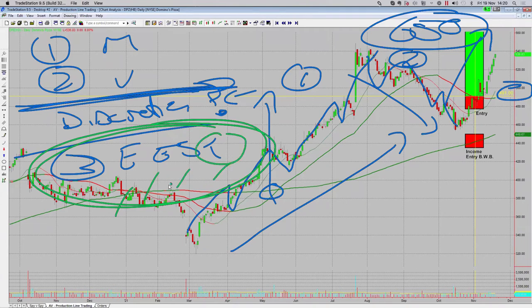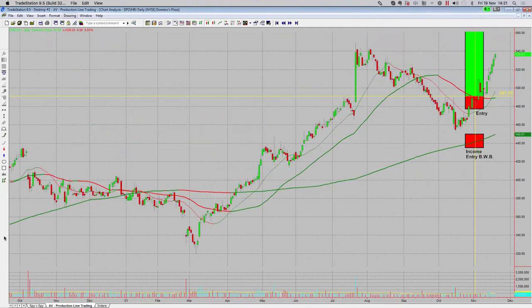I've got a huge target. I've got a wide stop loss. I've got multiple trade entries with multiple different option strategies to profit from the same trade that I'm going to place anyway. I'm going to place the trade, and just how I go about that, how I maximize the opportunity is what I'm doing. So let me just pause there. Does that kind of influence? I'm not doing anything different when it comes to